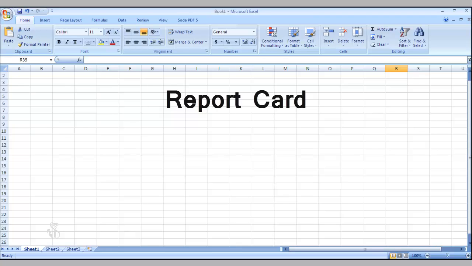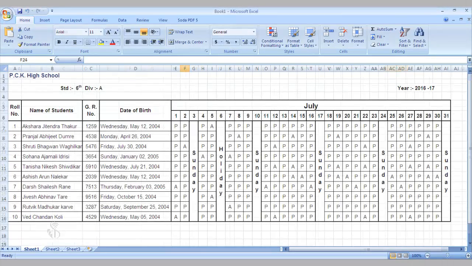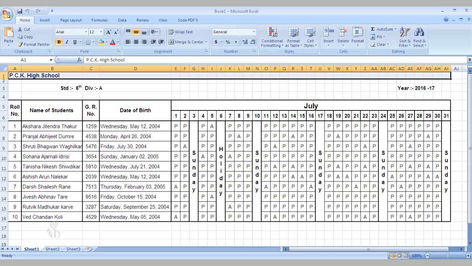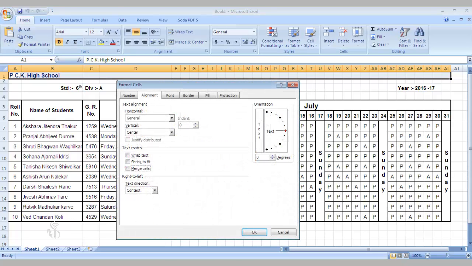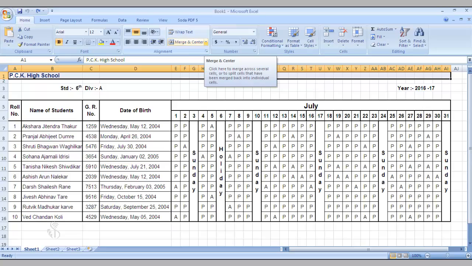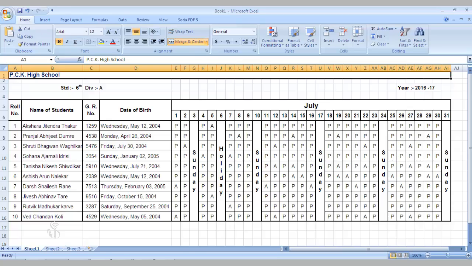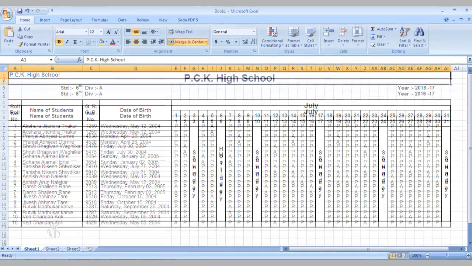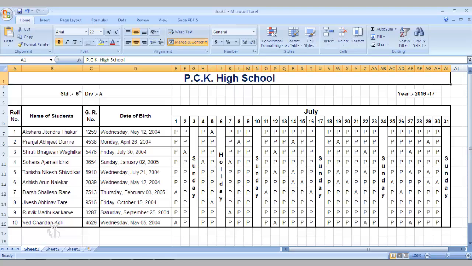The Merge Cell command is used to combine 2 or more cells for writing some heading or words in the spreadsheet. Select as many cells as you require to give a heading to the table. Go to Alignment Group, Dialog Box Launcher. Select the command Merge Cell, or alternatively you can select the command Merge and Center from the Alignment Group. The selected cells will get merged to form a single cell. The title will appear in the center of the cell.